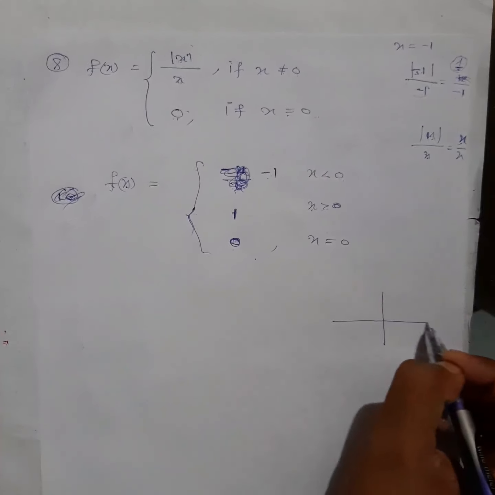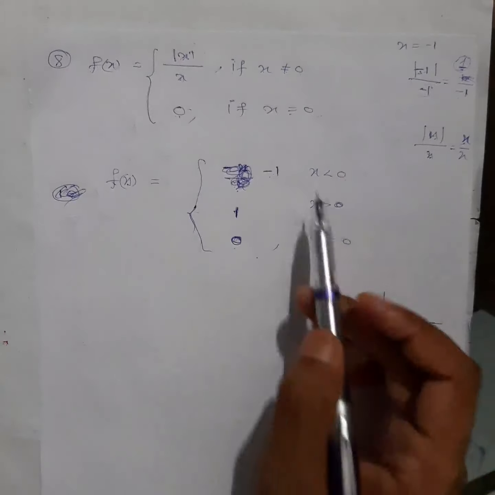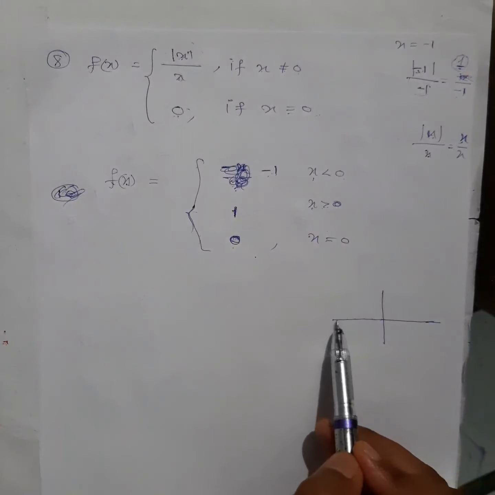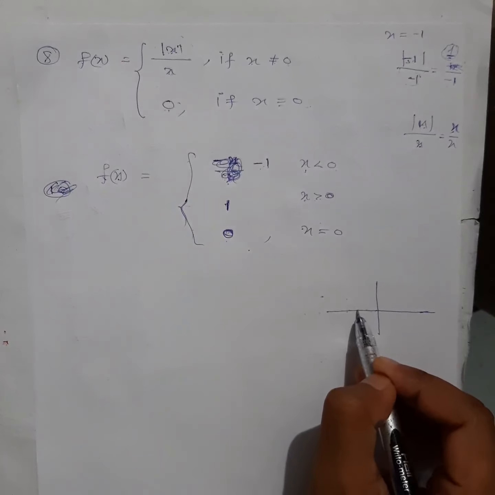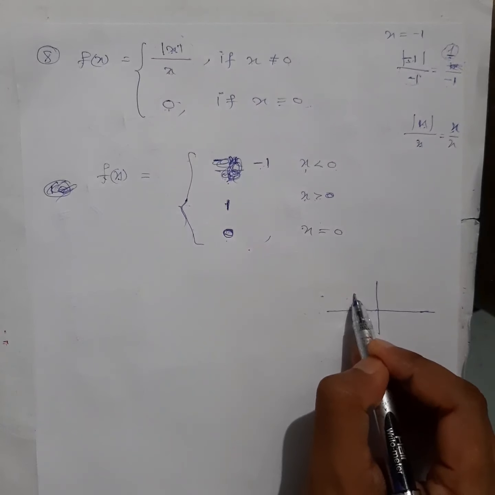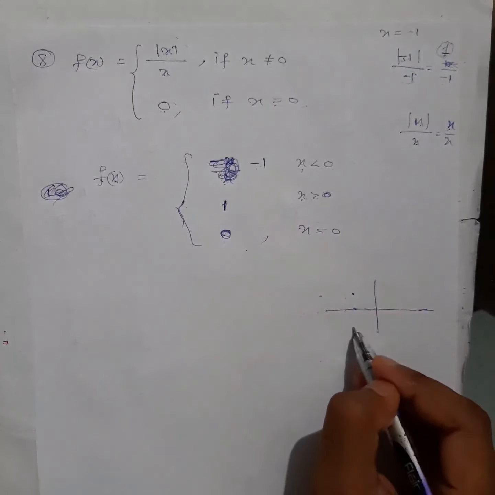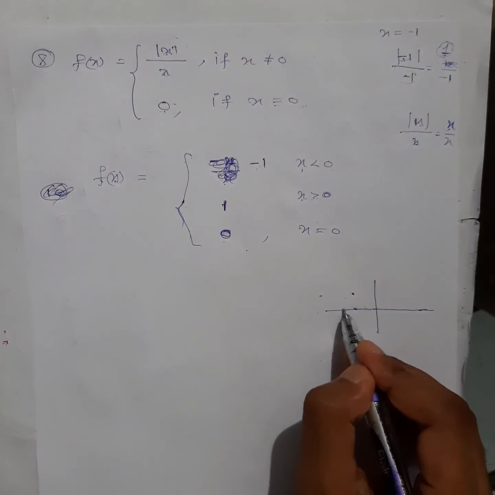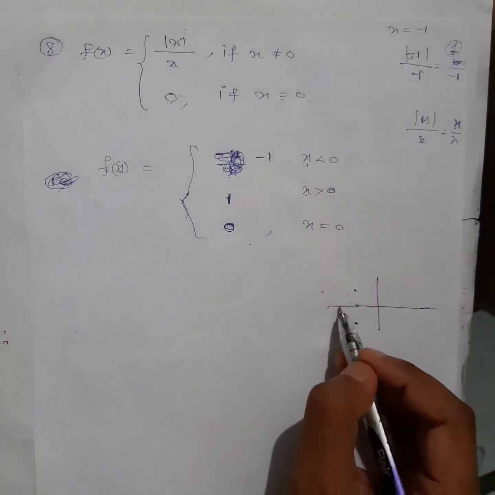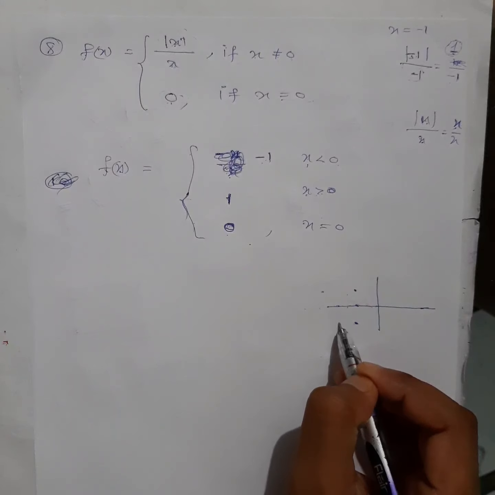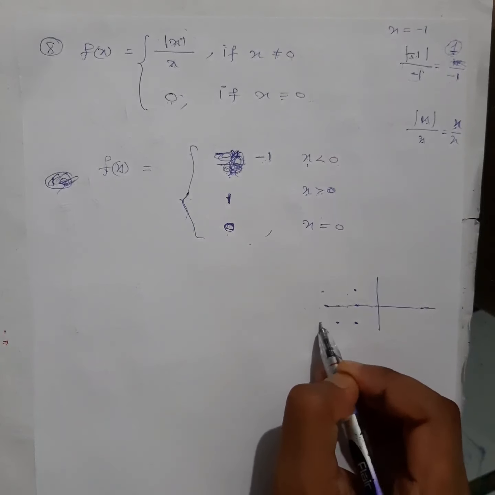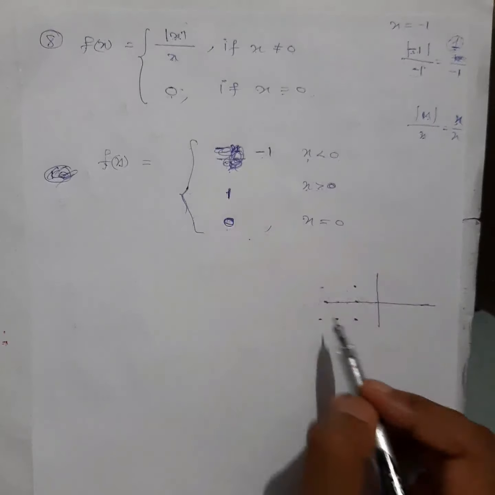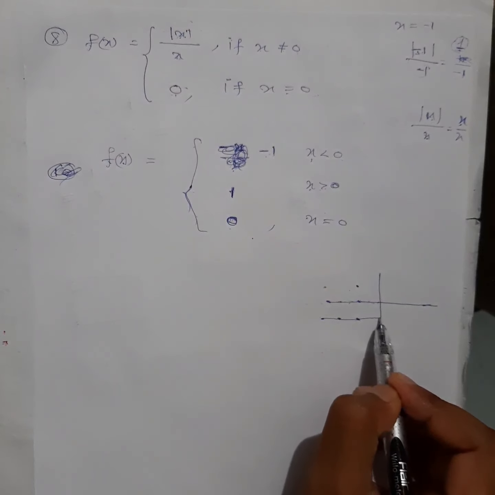So see here, what kind of graph it will give. When you take x less than 0, whatever you take, your y will be minus 1. Suppose you take x as minus 1, what will be y? Minus 1, right? Sorry, downward side it will go here. Next, if you take minus 2, less than x less than 0, right? If you take minus 2, what will be y? Minus 1 again. If you take minus 3, minus 1 again. That's what the meaning is here, right? So the graph will be what? This kind of graph you will get.